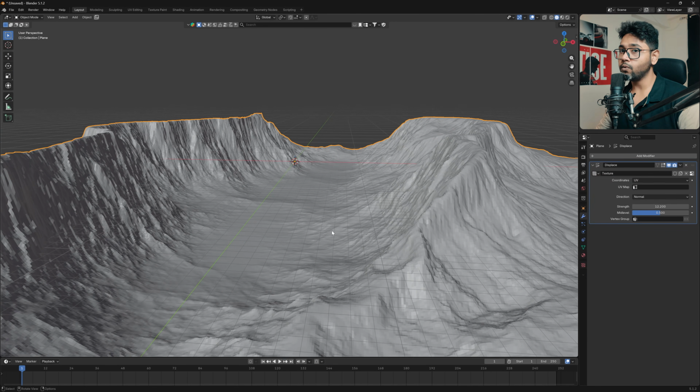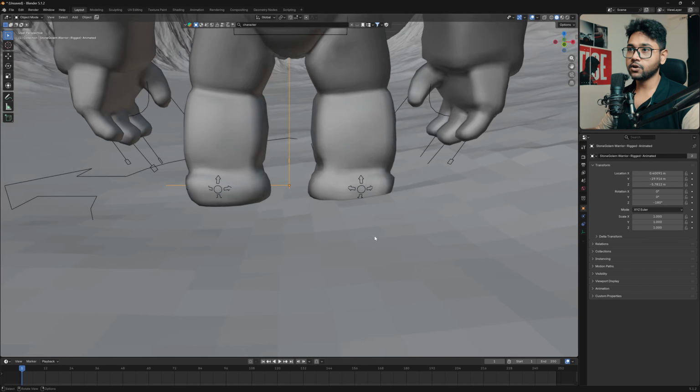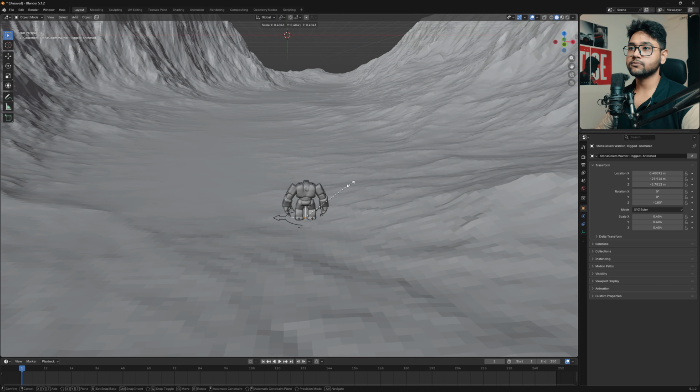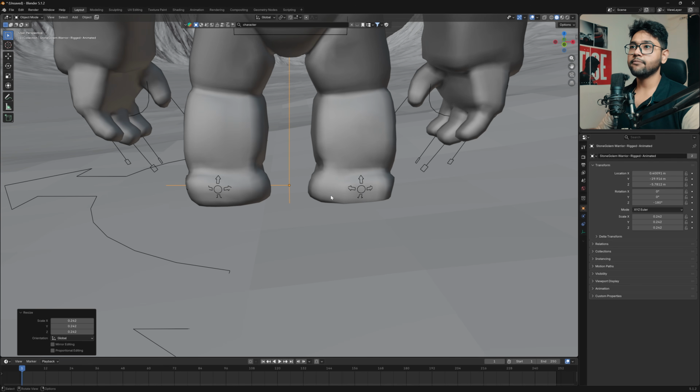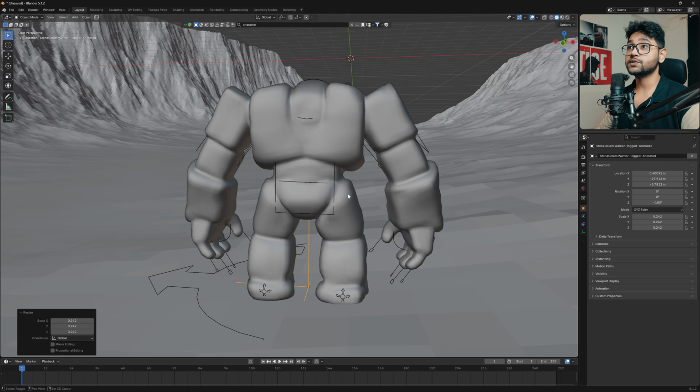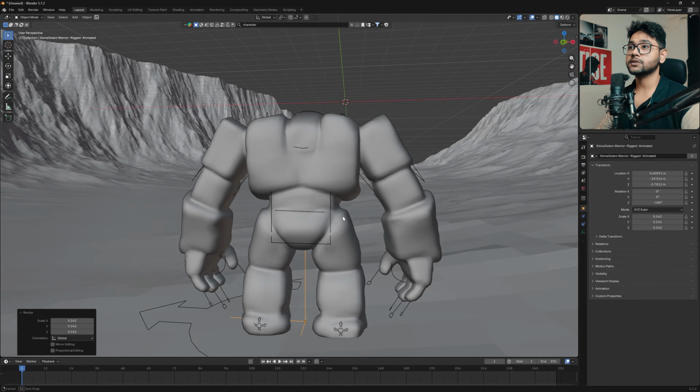For that I need a real world scale character. For that I'm going to use Blender Kit. Now select the character, press dot, and now I'm going to scale it down, something like this. So now I'm going to do whatever from this view. Now if you notice from this view, this looks massive.